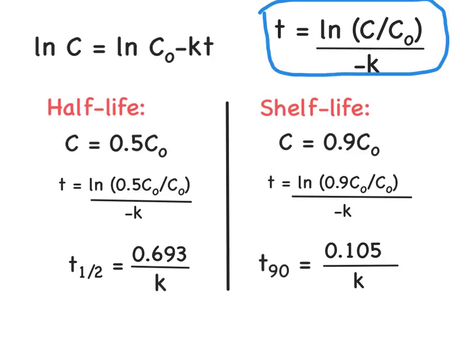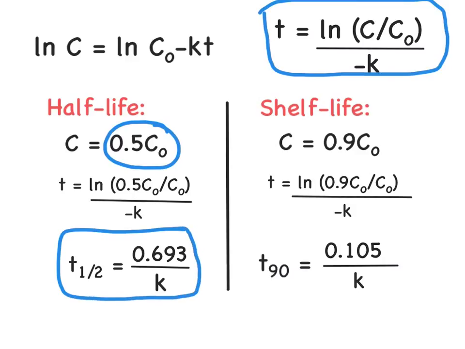So for our half-life, what we're looking to do is solve for that time when our concentration is at 50%. So at this time, our C is going to be equal to 0.5 times C0. So we're now going to substitute that into the above equation. So our t is going to be equal to ln of 0.5 C0 over C0. Essentially, we're just taking the natural log of 0.5, and that's over negative K. And so we're going to see that our half-life for a first order process is going to be equal to